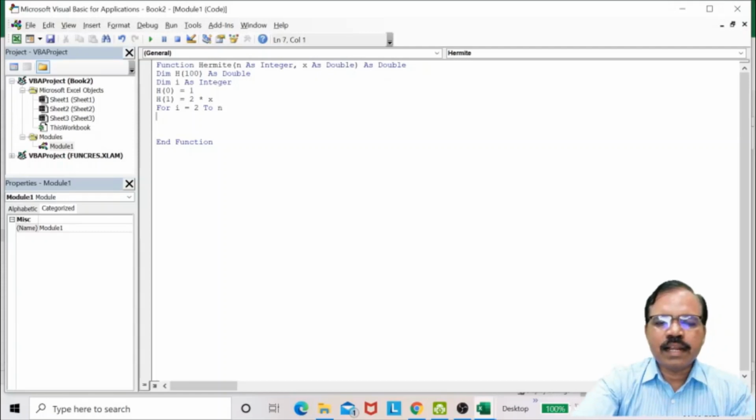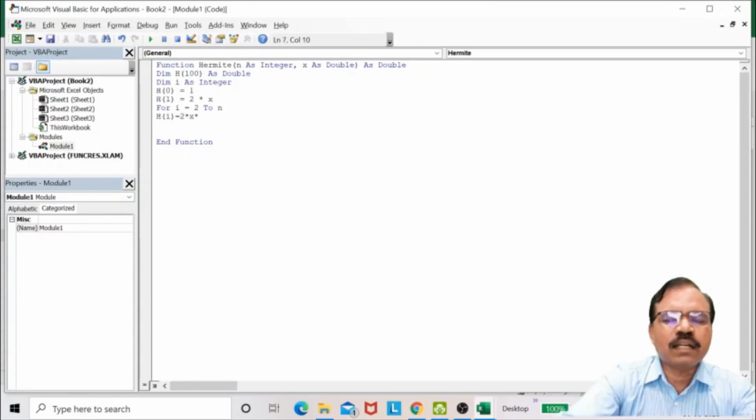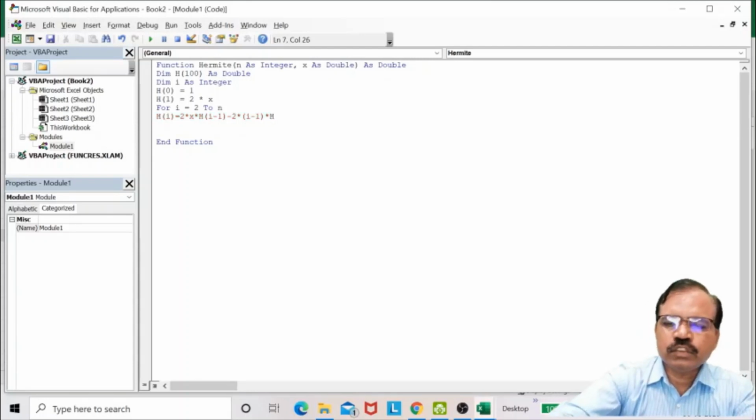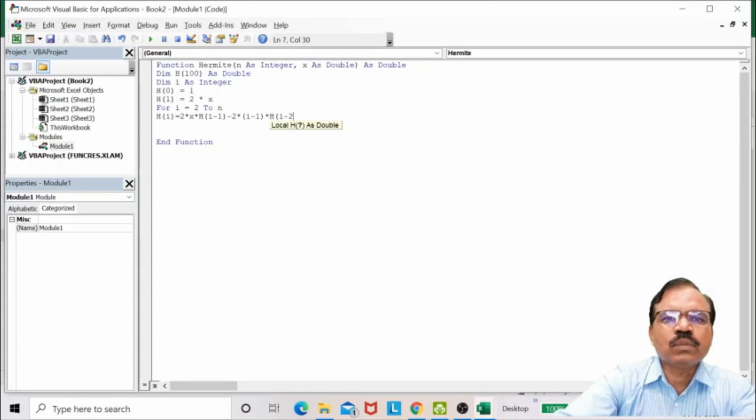Now here I can write h(i) is equal to 2 star x star h(i minus 1) minus 2 star (i minus 1) star h(i minus 2).